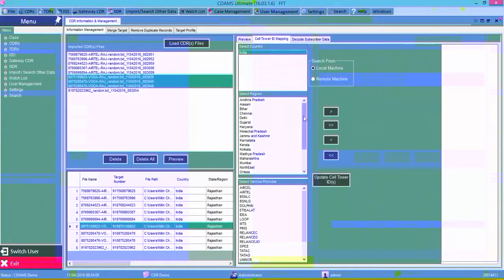Go to cell tower ID mapping, India, Rajasthan, Vodafone. So here we have a functionality. One, we can decode this information from a local machine or a local area network if we are connected, or we can also connect to a virtual private network if the user is in field. So he can connect to the headquarter network over a VPN, and he can decode this information,